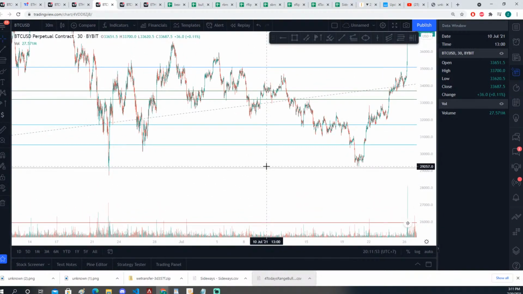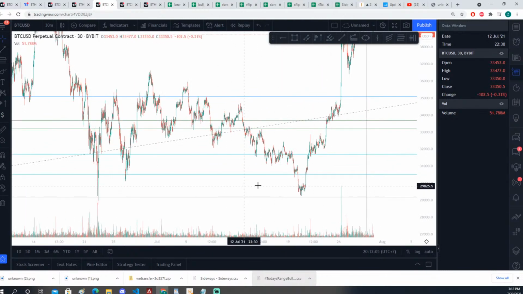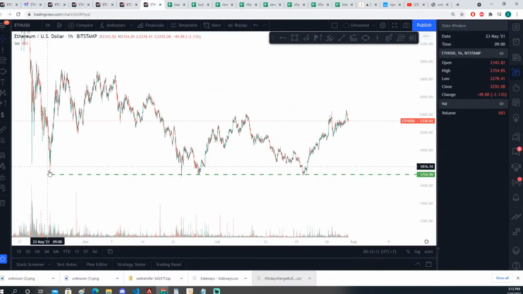Well, give me a second. So here, yeah, 29,270 basically was a double bottom if you exclude this big wick here. So the chart wasn't looking the cleanest on Bitcoin, but when we looked at Ethereum, we had a different picture